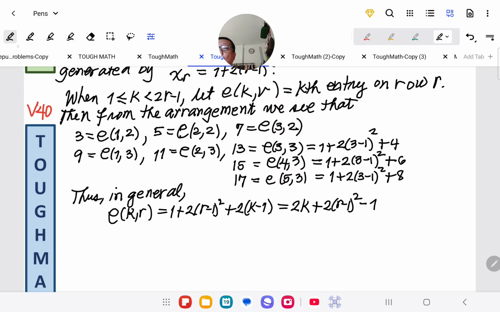So this is now our formula for the kth entry on row R,